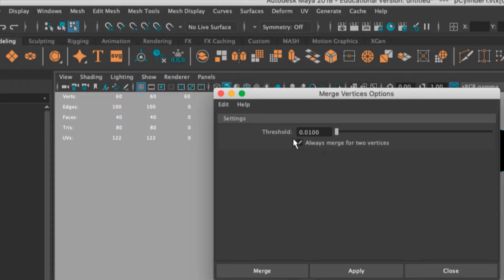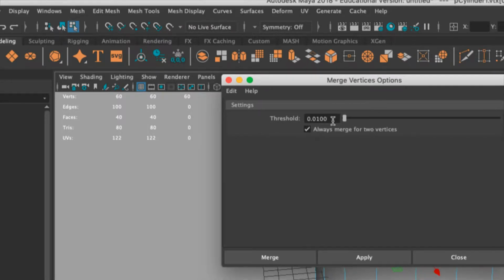And here it says that the merge threshold is 0.01, which means that it will merge together all the selected vertices that are apart from each other 0.01 in 3D space. You shouldn't usually increase this value,